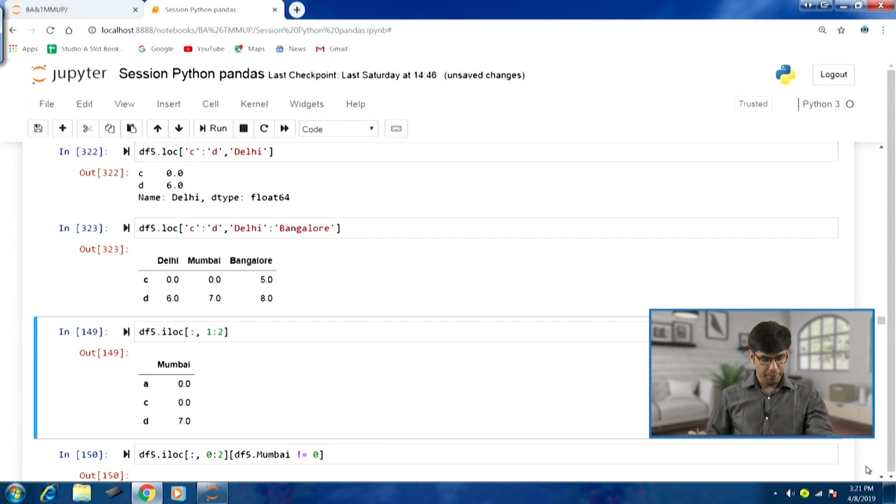We can also perform bare slicing here. As you would remember from our discussion in the previous lectures, we just indicate colon here, that means bare slicing, all the rows or all the columns are going to be selected. In this particular example, it is happening on the rows side, and then on the column side we are selecting column 2. So just one column, Mumbai, is going to be selected in this case.